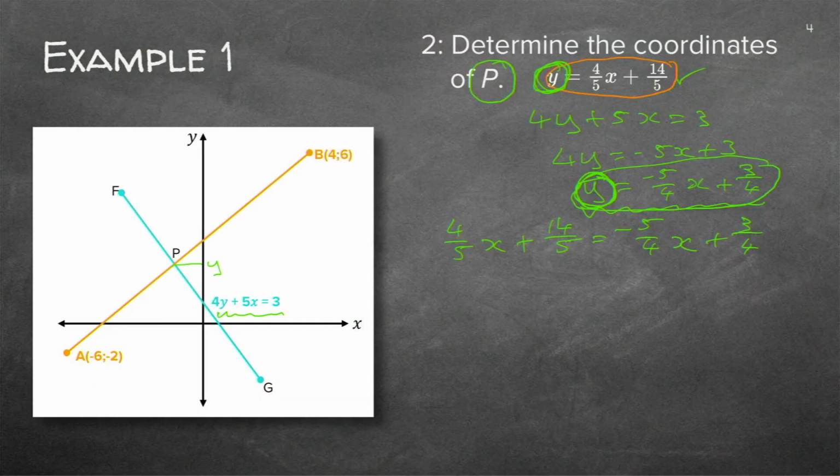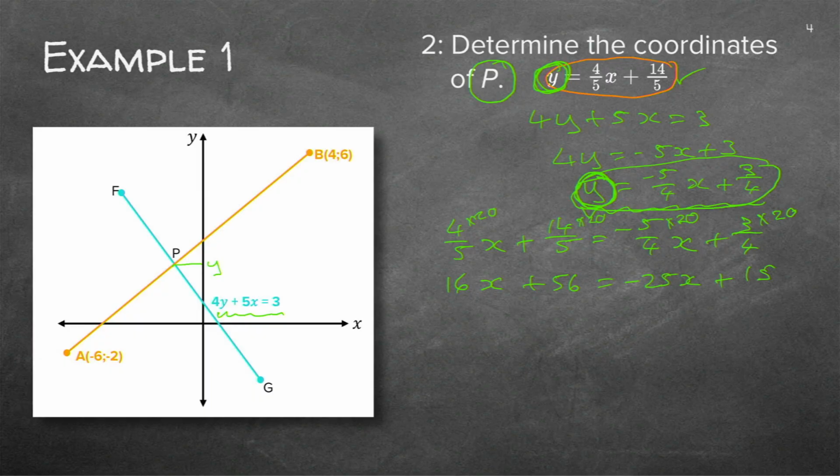So if I multiply by 20 here, the 5's cancel, so it will be 16x. The 5's cancel, 14 times 4 is 56. If I multiply there by 20, the 4's cancel, so it gives me minus 25x. The 4's cancel, 3 times 5 is 15. I didn't write it out now, but on each figure, you can actually write there, times 20. It's now very ugly here, but if you do that, you can easily see what cancels and what not. Because I do it on both sides of the equal sign, I may do it.